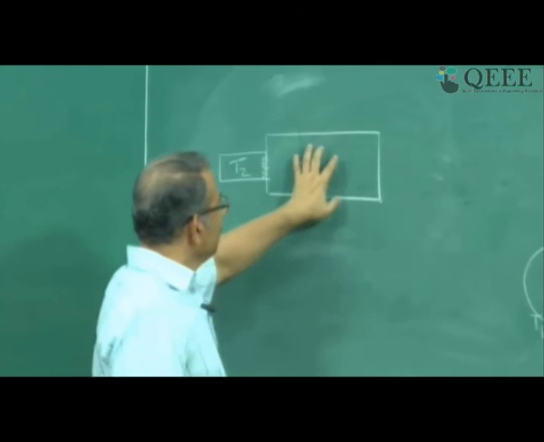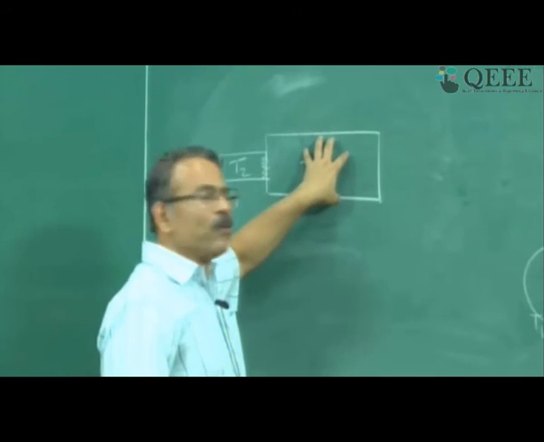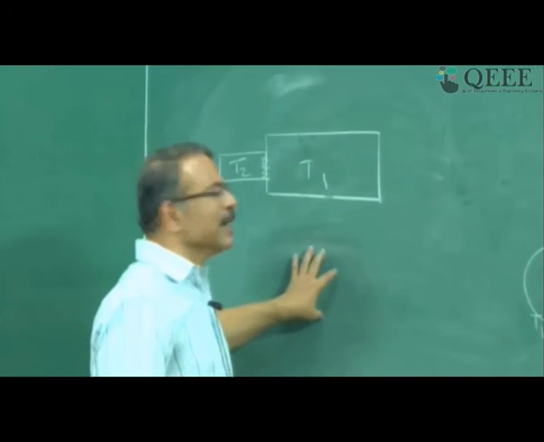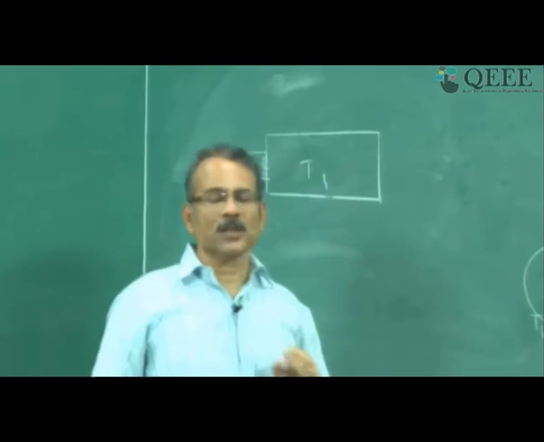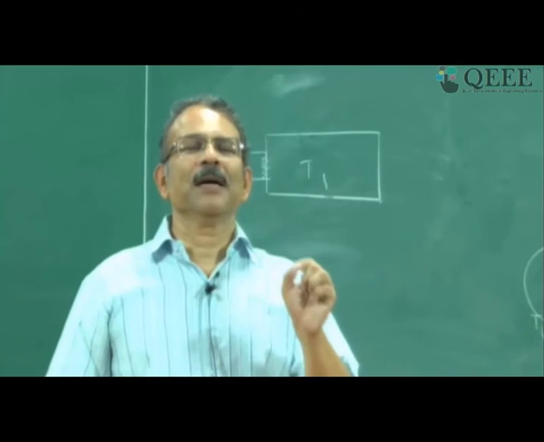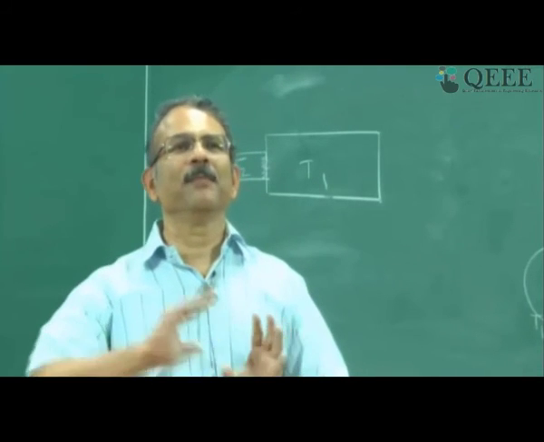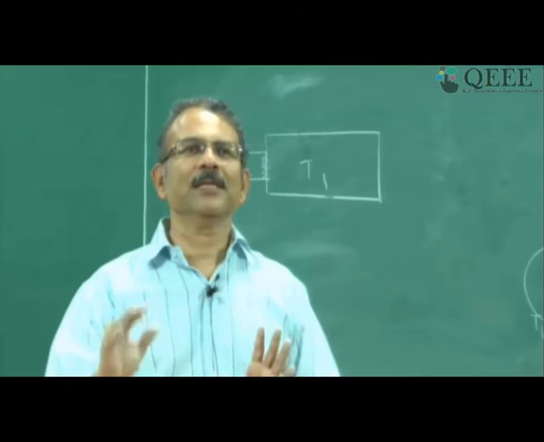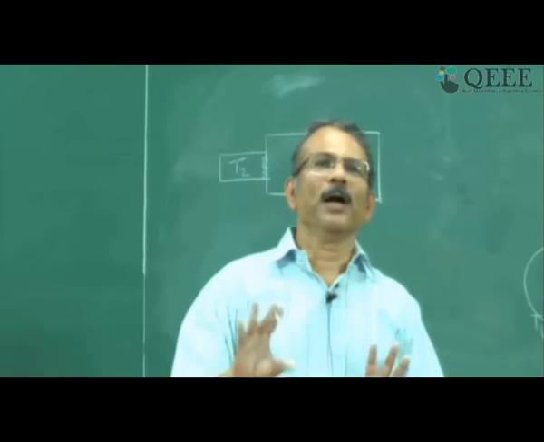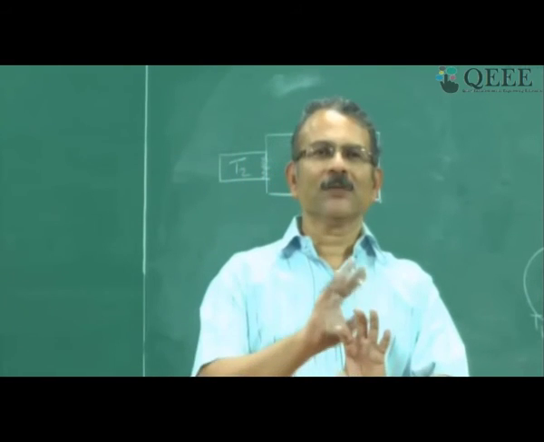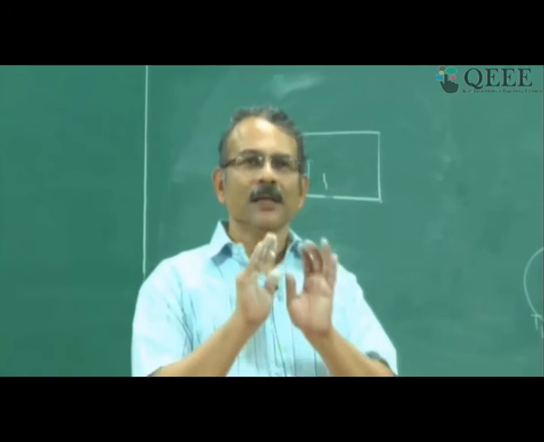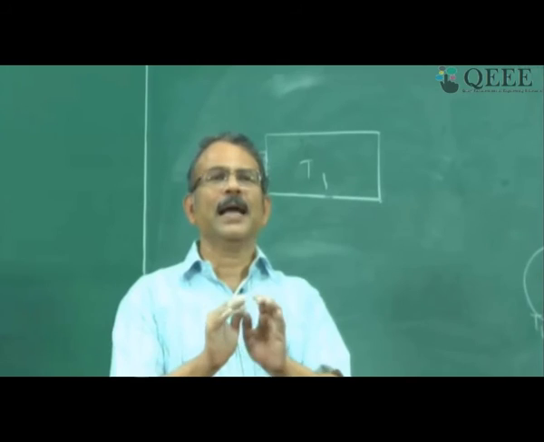If you are talking of an atom in a solid at T equal to 0, what is the picture of atom? Well, yes, as you have said, there is a nucleus and there are electrons revolving around it, but you must always also know that there is bonding, because temperature concept is applicable only in solid. In a solid, one atom will be bonded to another atom by various means. You know, there are various bonds, covalent bond, ionic bond and so on. So there will be bonding. So surely electrons will be revolving around nucleus, but they will also be participating in bonding with neighboring nuclei. So the picture is a little bit more complicated than an isolated atom.